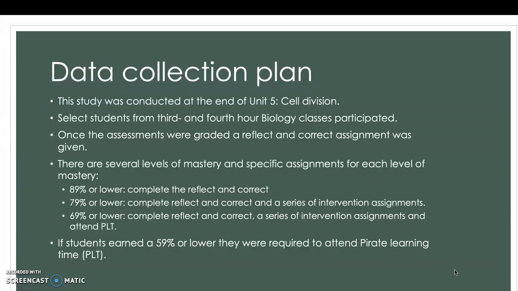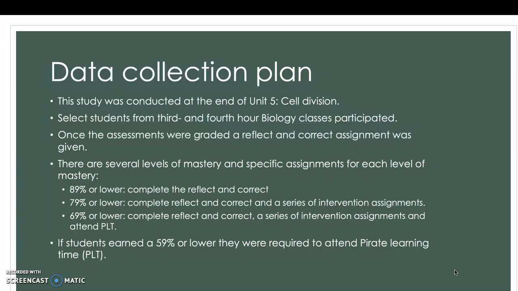At 89% or lower, all students had the option to complete just the reflection and correcting the answers that they got wrong. At 79% or lower, students were expected to complete the reflect and correct and a series of intervention assignments. At 69% or lower, students were asked to complete a reflect and correct, a series of intervention assignments, and then